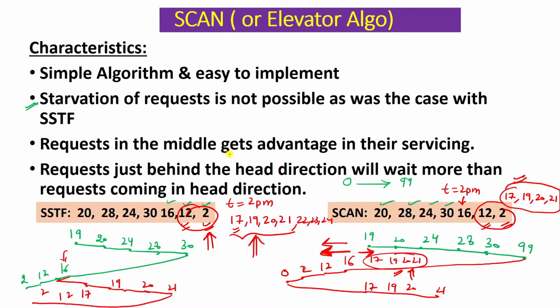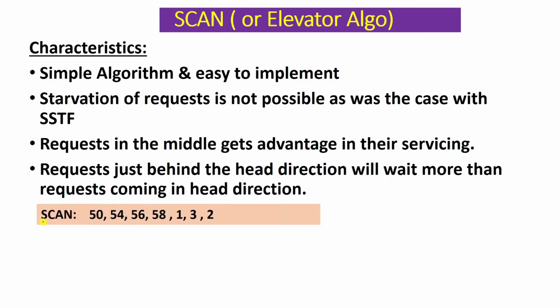For this, let's take another example to understand. Here you can see I have taken this example, and I'll solve it using SCAN, and we'll understand this point. Let's say our head is moving in this direction from 0 to 99, and we are currently at some cylinder number, let's say 49. So we have to move to 50, then 54, then 56, then 58, because they will come in this direction. After completing these requests, we have to change our direction so that we can complete this 132 according to SCAN.